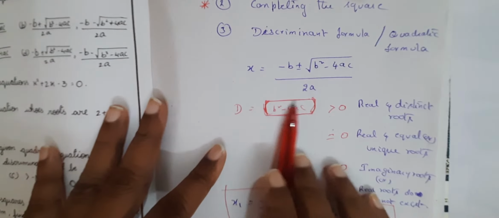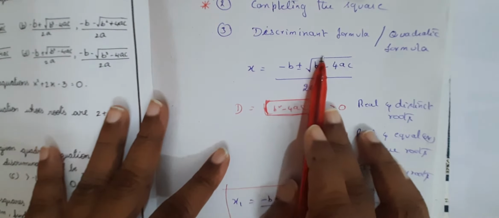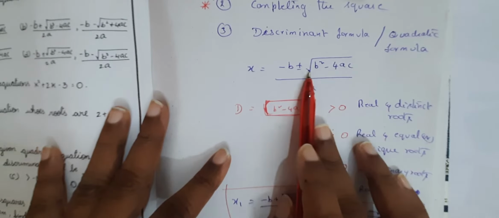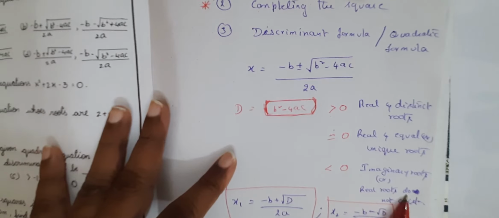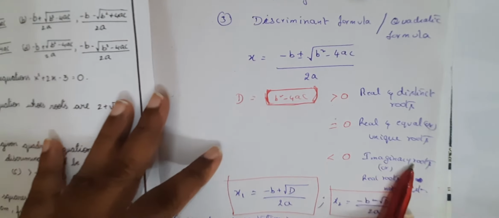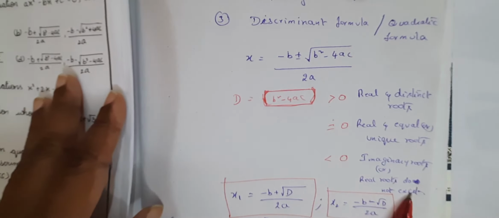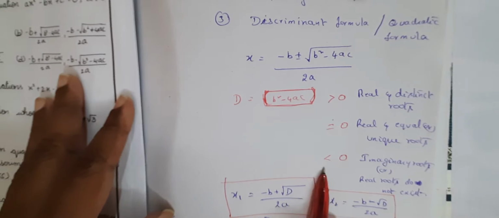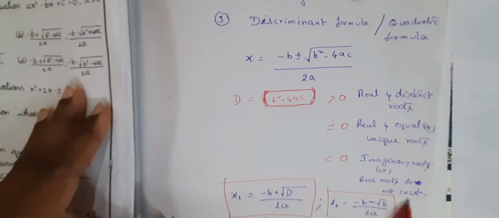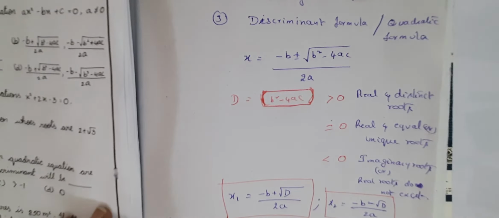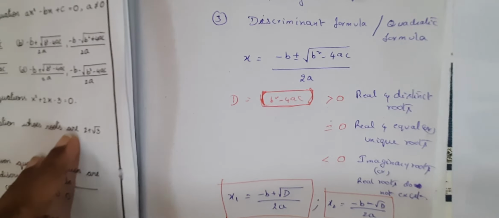Right? And if this quantity, that is the discriminant, is less than 0, that means you are getting some quantity which is negative under the root. And thus there do not exist any kind of real roots. We call them imaginary roots. If at all the roots exist, they are imaginary, they are not real roots. So when it is in class 10 level, we will say that roots do not exist, that is real roots do not exist. So these are the three cases that we need to study whenever a quadratic equation is given to us.